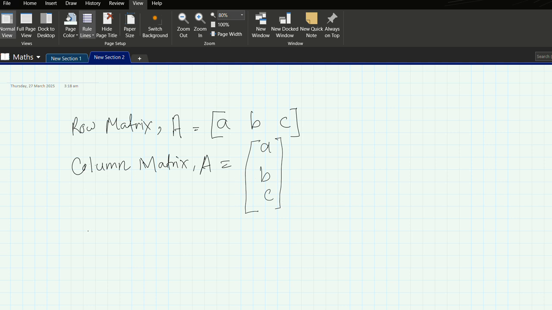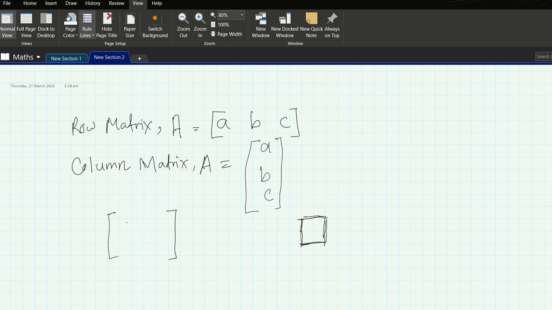After row matrix and column matrix, there is another matrix, and we call it the diagonal matrix. Okay, but before the diagonal matrix, let us learn about the square matrix. And what's a square? A square is something of a geometrical space which has equal length in all four lines. So similarly,